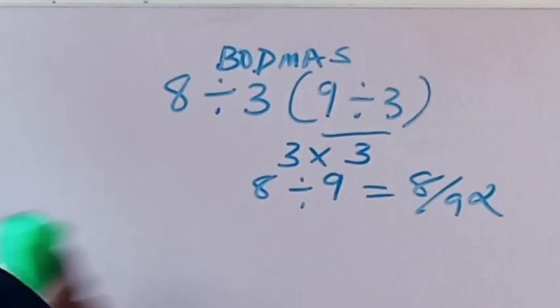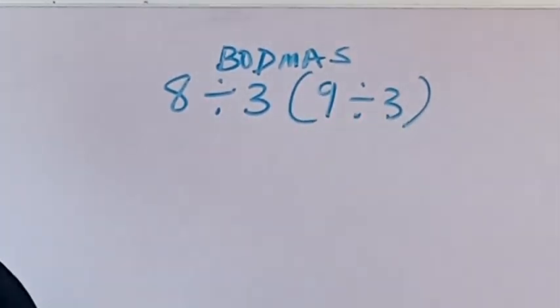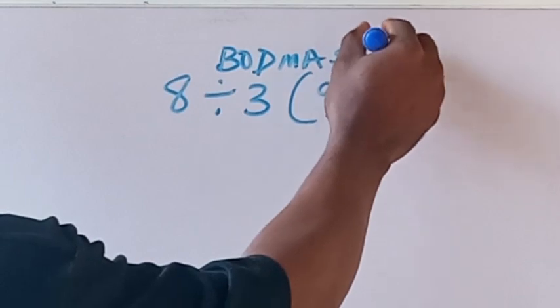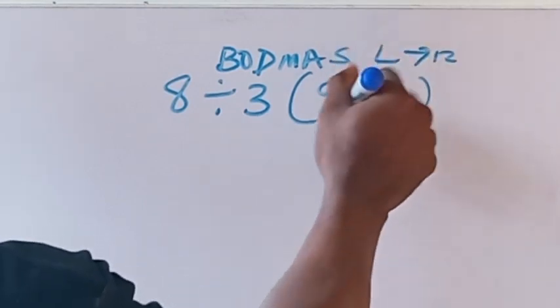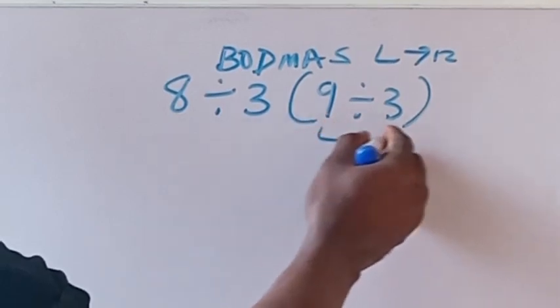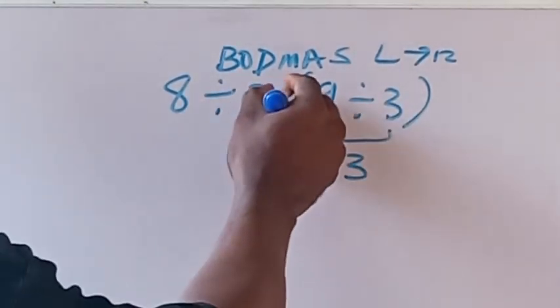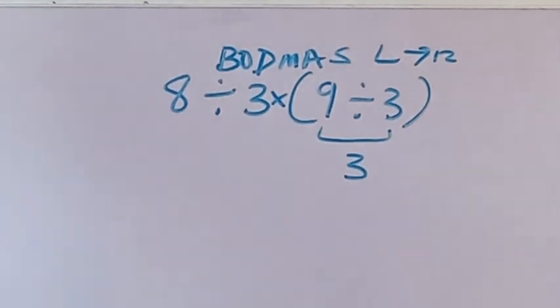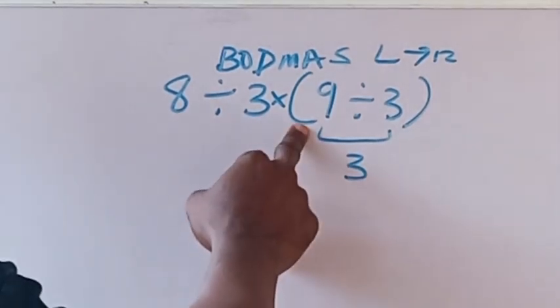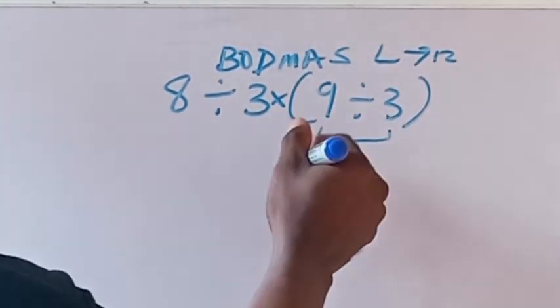So now if we follow the rules, we have to first of all solve the bracket, because we are solving with this rule from left to right. So we have to solve the bracket first. If we do this bracket, we will get 3. 9 divided by 3 will give us 3. There is a multiplication sign here because 3 is close to this bracket. If any number is close to a bracket, it's multiplication. So now we have 3 times this 3